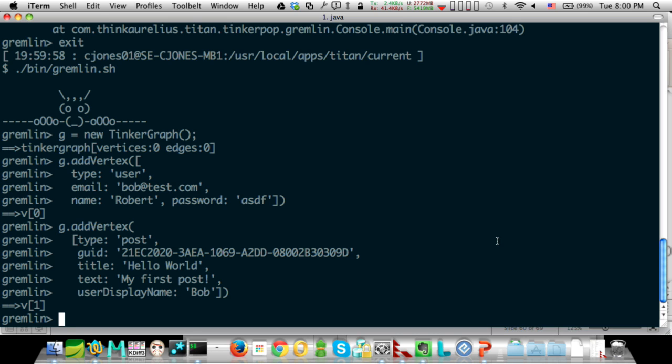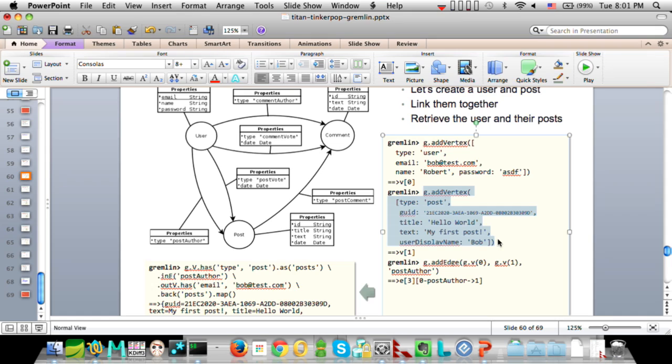Now you'll notice there's nothing inside that vertex that indicates, other than perhaps the user display name, which isn't necessarily in the Bob object, that links the two. That's where we add edges.